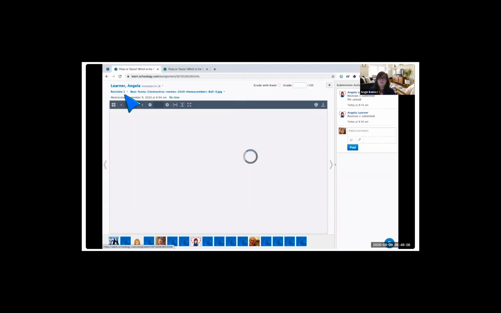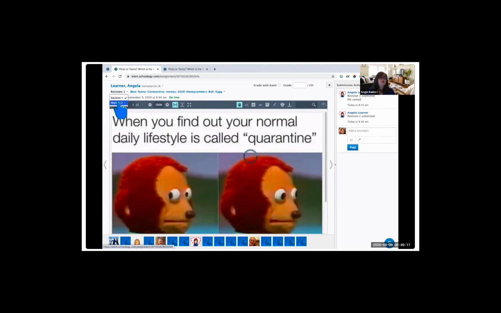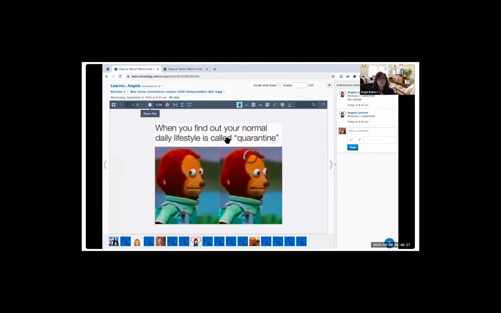And it's up to you if you tell the students if you submit 1 versus 2. So this is my first revision, okay, revision 1. And when I want to look at the second one, there's revision 2. So she had submitted 2 times. And remember, this was our file upload. So when that file comes in, here's the picture that she uploaded. And again, it's coming inside here just for me where I can go in and I still have the same options. That's Angela Learner's revision 1. I've got a time and a date stamp. If I want to see her second revision,